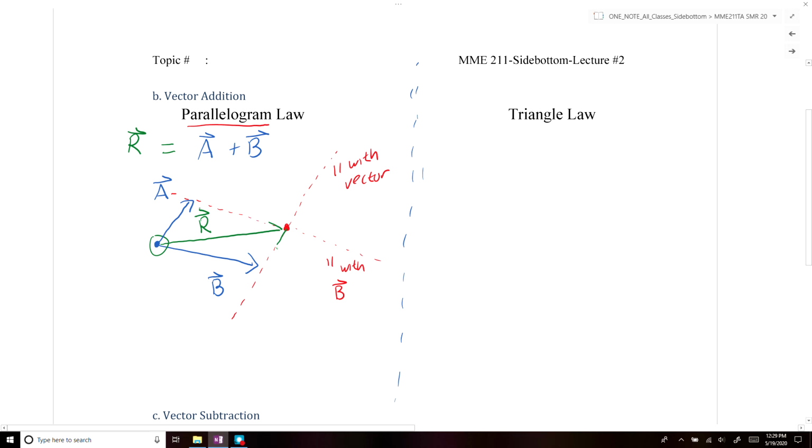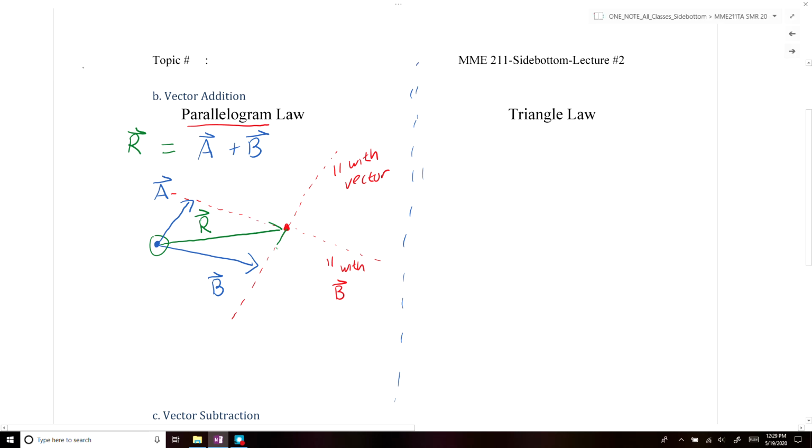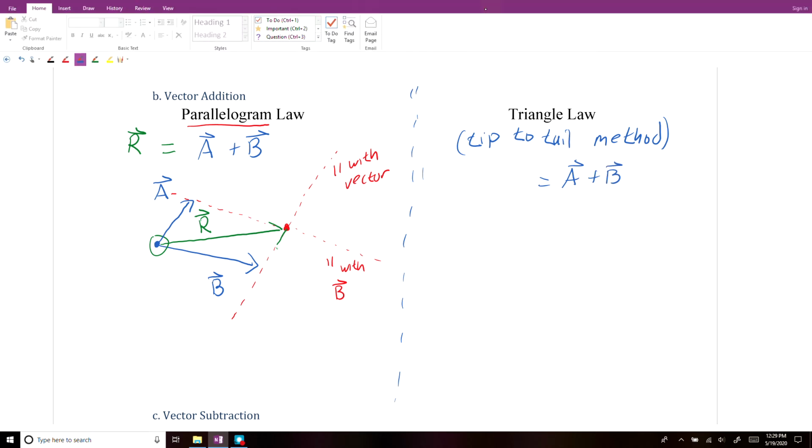The second way we can add two vectors together graphically is we can use what's called the triangle law. So again, this is sometimes called the tip to tail method. So what we're going to do is find the sum of A plus B to find our resultant force,